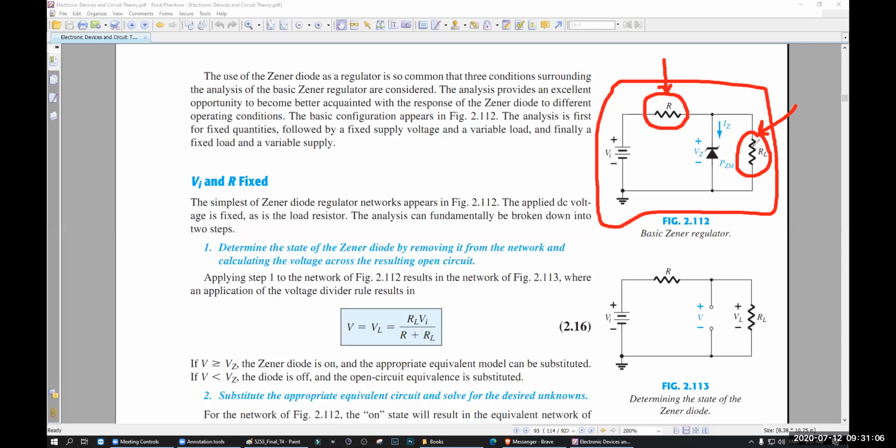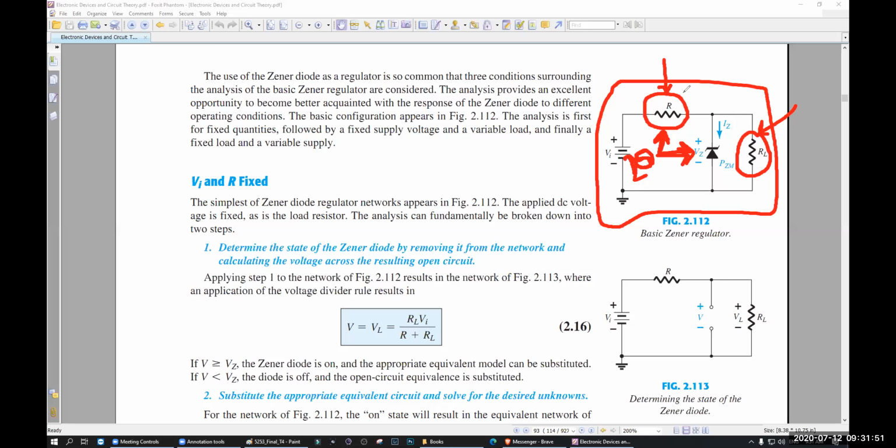This resistance will take the excess amount of voltage. That means if you need 5 volt here, you can give more than 5, let's say 6 volt. If you give 6 volt, 5 volt will go here, 1 volt will go there. If you give 16 volt, 5 volt will go there, 11 volt will go there. If you give 20 volt, 5 volt will go there and 15 volt will go there. So this is called the sink resistance. Whatever excess voltage you give, that amount of voltage will go to the R.